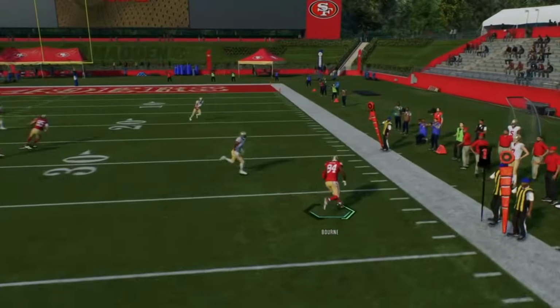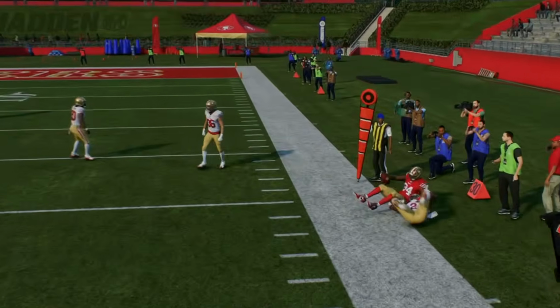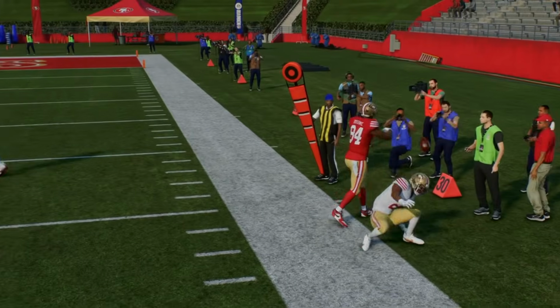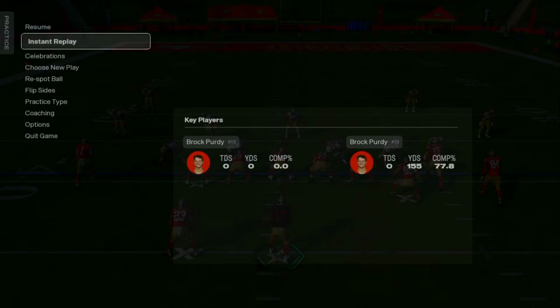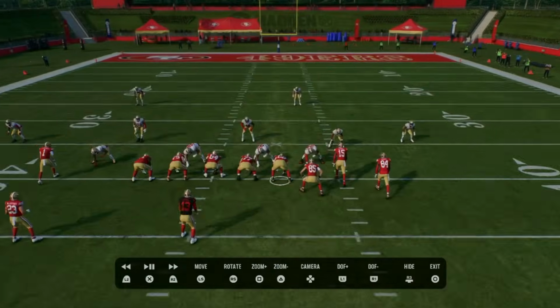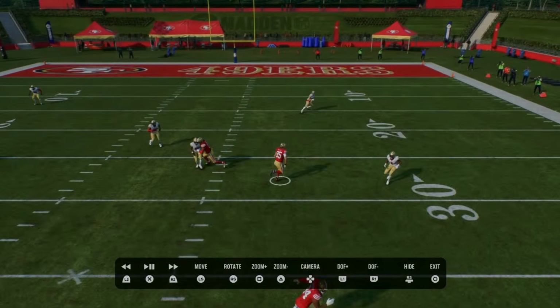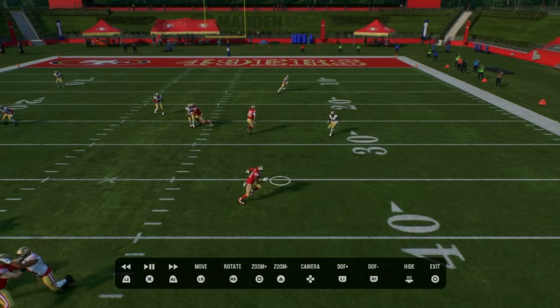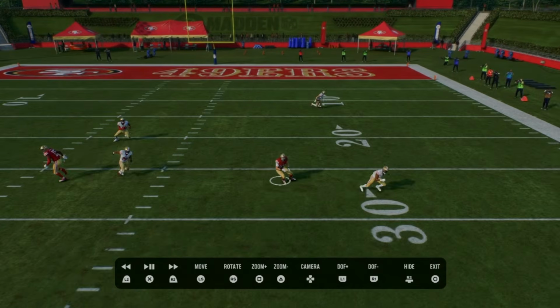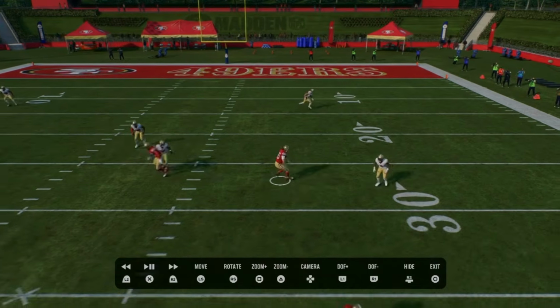Now that looked like a cover 2, so I was ready to throw it to the flat. Take a look at that one. So we got like a soft version of cover 2 or whatever it might have been. All I'm looking at is, hey, what's going on? Is that spot open? No, right? There's a corner sitting here. Now we are putting him in a bind, so you still potentially could throw this, right? But I just felt better